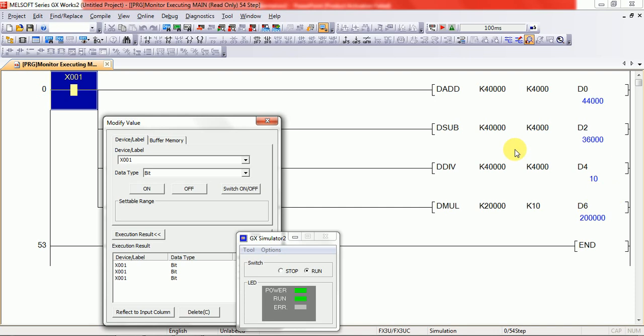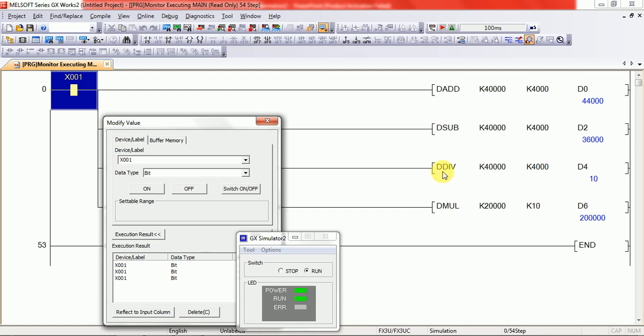So it is a very understandable thing. All the data registers handle 16-bit data. So if you want to work on 32-bit data, you have to keep the next one empty: D0 and D1 for this one, D2 and D3 for this one, D4 and D5 for division, and D6 and D7 for multiplication.